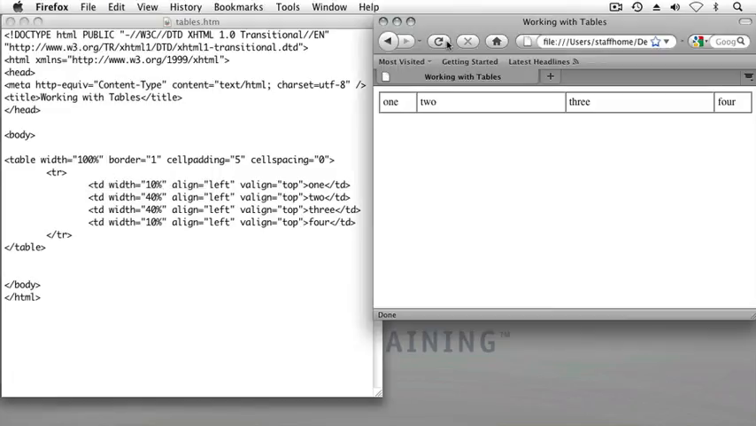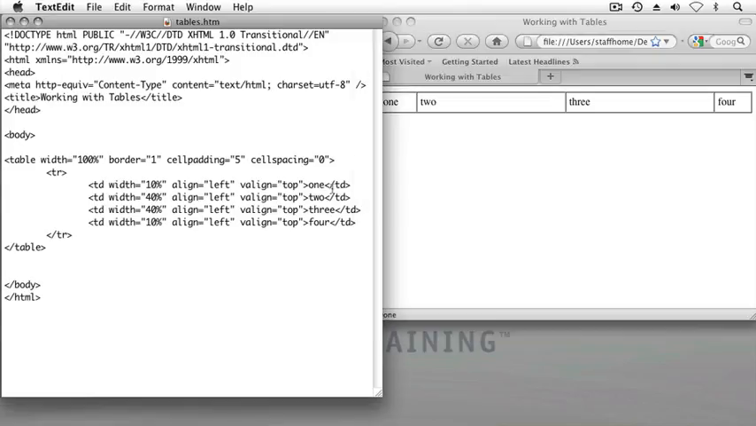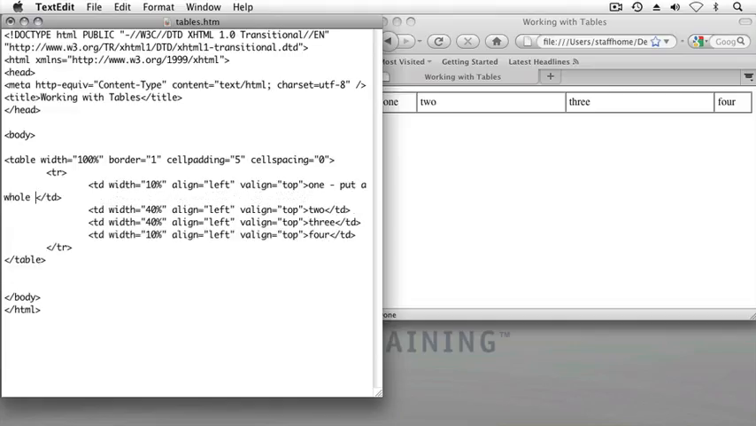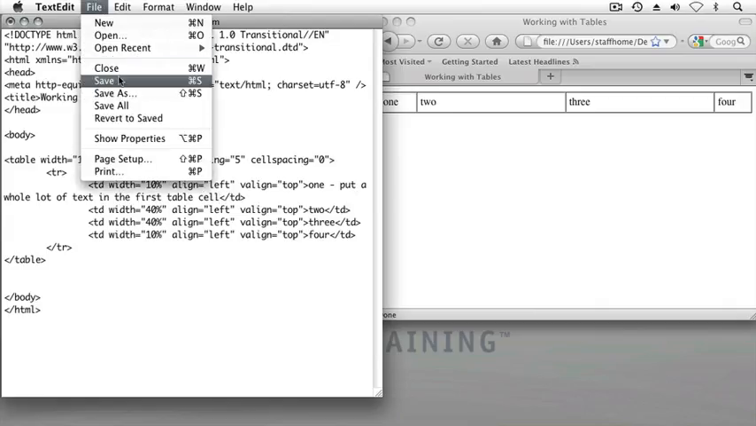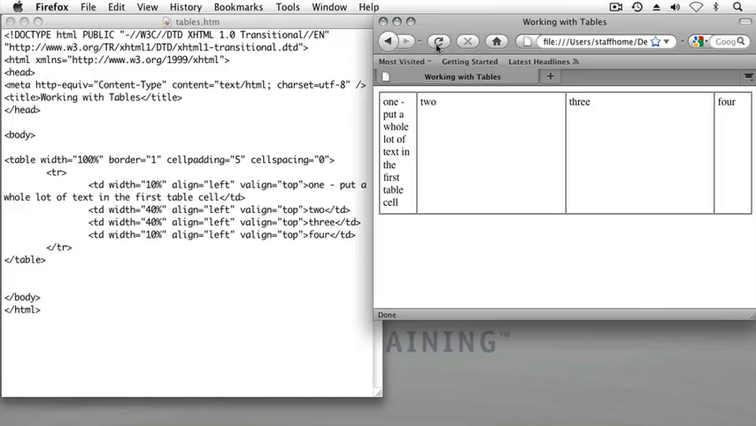and reload, and you don't see any change yet because each of these table cells don't have data that would push the height of the cell downward. If I were to type within the TD tag, you don't need to do this, I'm just going to do this by way of example, type some text such as, put a whole lot of text in the first table cell,